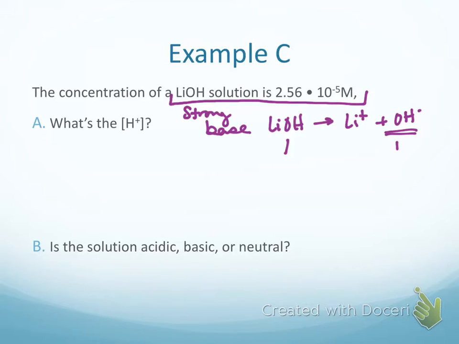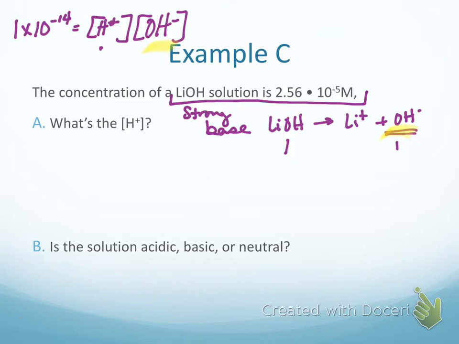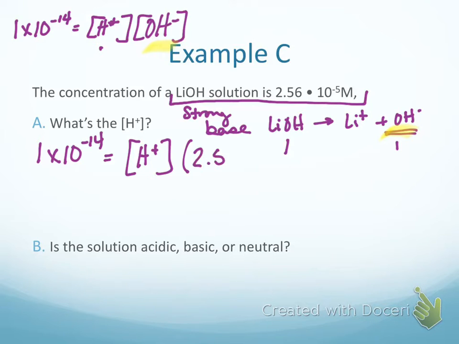So, recall our KW formula. 1 times 10 to the negative 14th equals the concentration of hydrogen times the concentration of hydroxide. Well, we know the concentration of hydroxide, so now we can solve for the concentration of hydrogen ions or hydronium. So let's go ahead and plug this into our formula. 1 times 10 to the negative 14th equals the concentration of hydrogen, which is what we're trying to solve for. That's like our variable x, times the concentration of hydroxide, which is 2.56